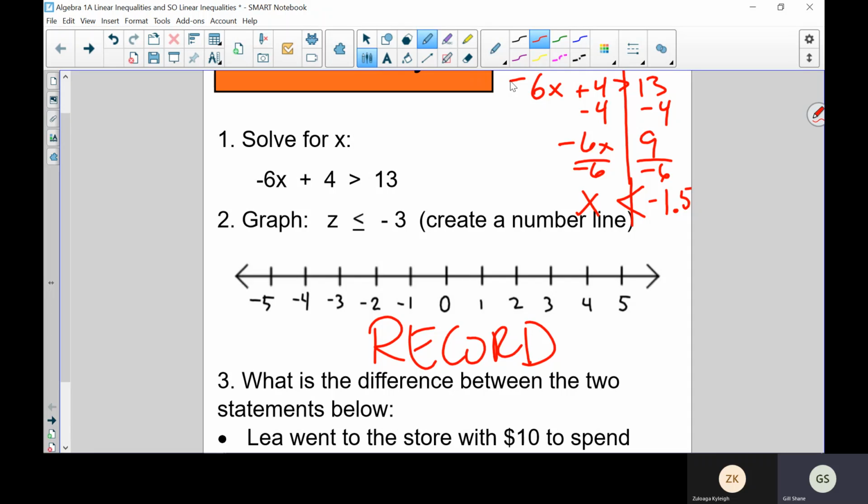Now, if we were to graph this, when we graph an inequality, again, the trick about this is it's a one variable inequality. There's only one variable in this, just z, then a number. We write a circle on the negative 3, and then we shade the circle. Why did I shade the circle? Because the